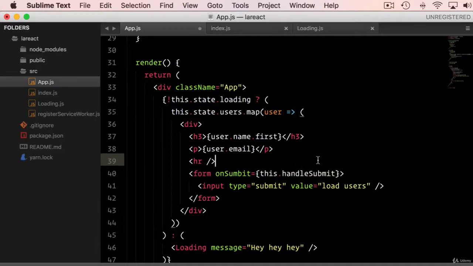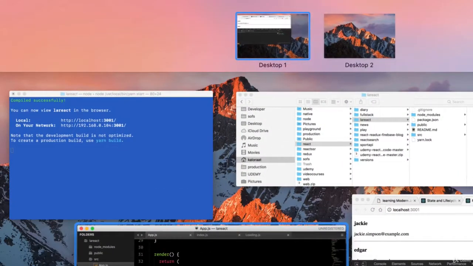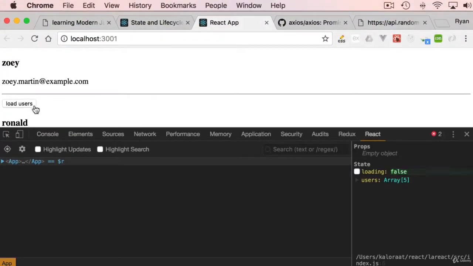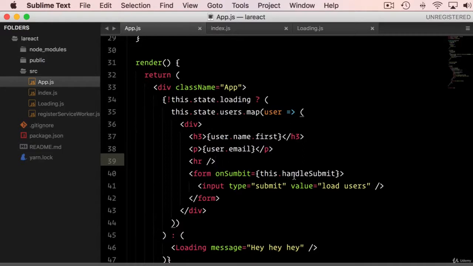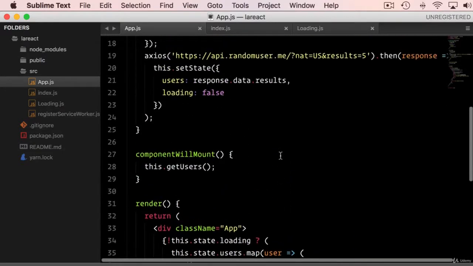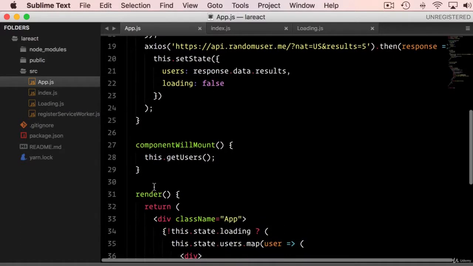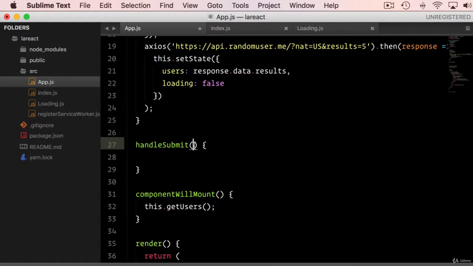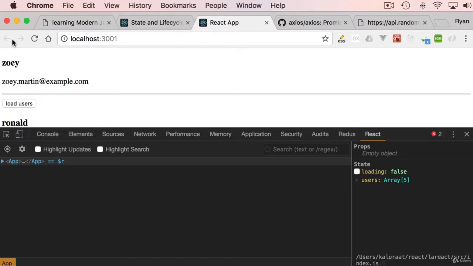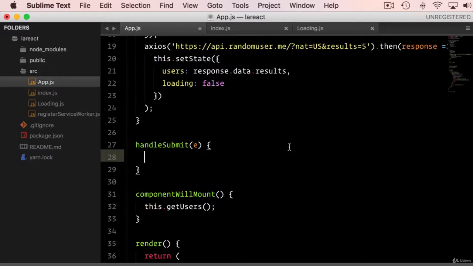Okay, so let's save this one. Let's go here. We got the button, that's great. Now let's work on this method. Handle submit, we can go on top and create it here. First thing we want to do is prevent the default behavior. When you click, it will reload the page. We don't want that, right? So handle submit event